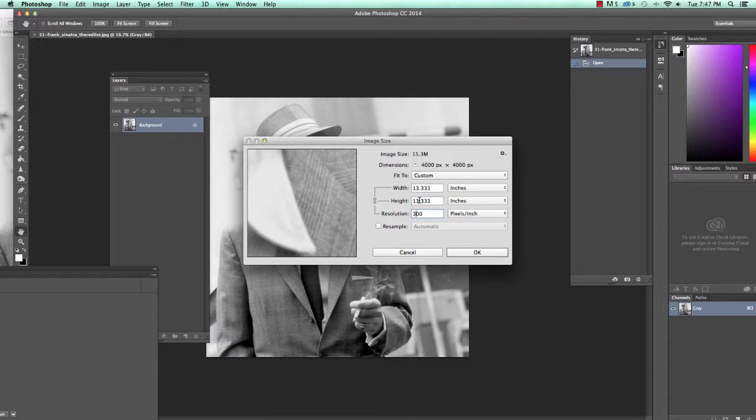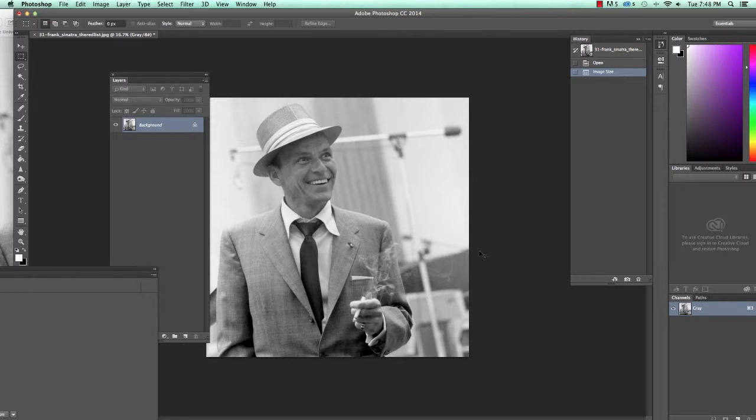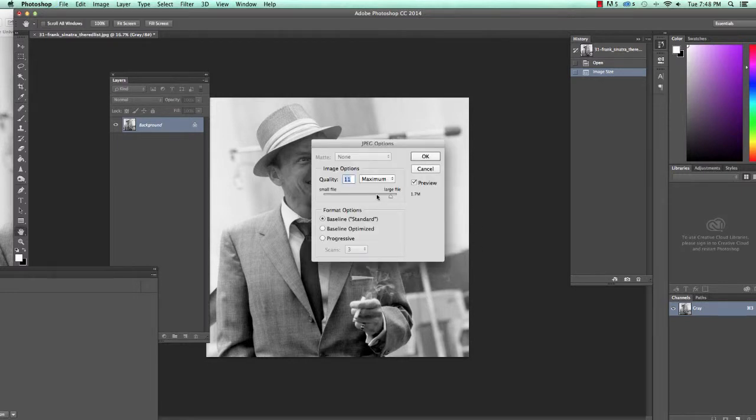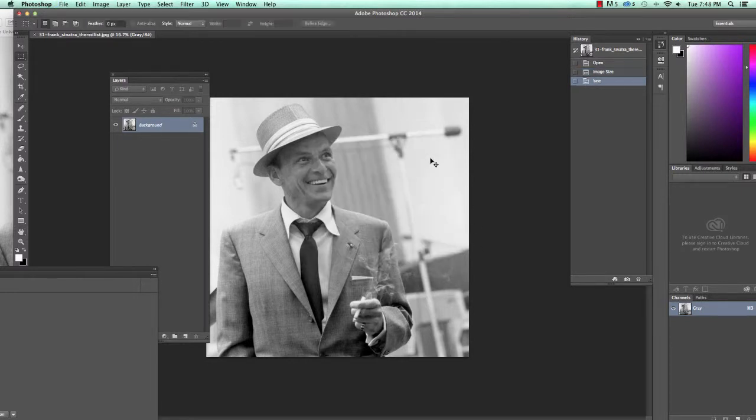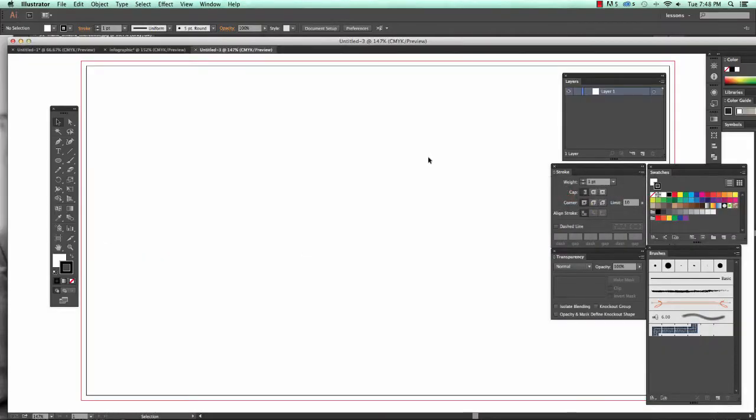Instead of 10 inches by 10, I wanted it to be bigger. I'll go back to 400, it's 10 by 10. If I take the pixel dimensions up to a higher number, this width and height is going to change to a higher number. It's bigger than my 12 by 12 inch album cover. Say OK, save the image, go to Illustrator, place the image,